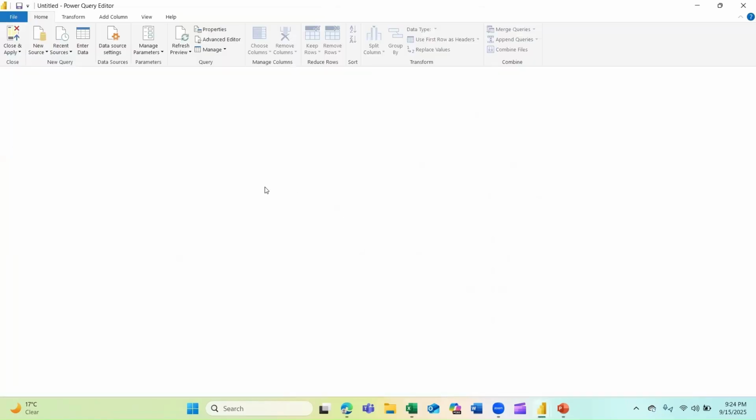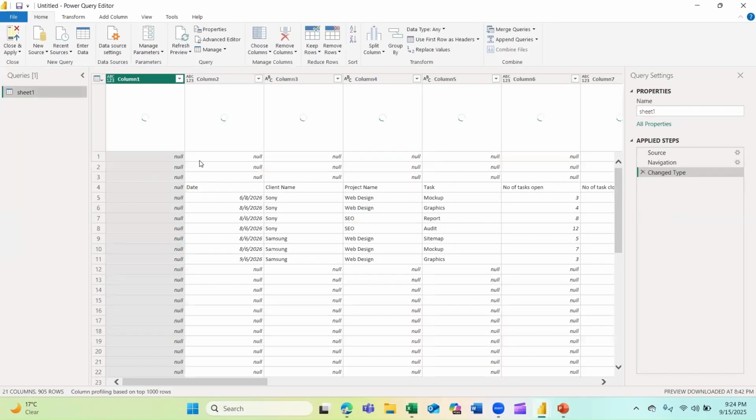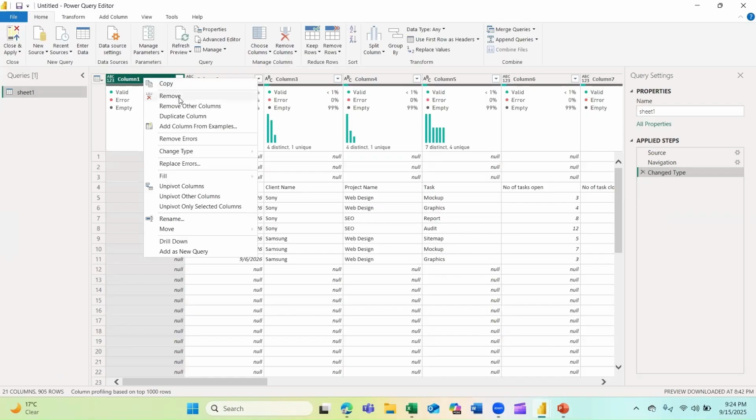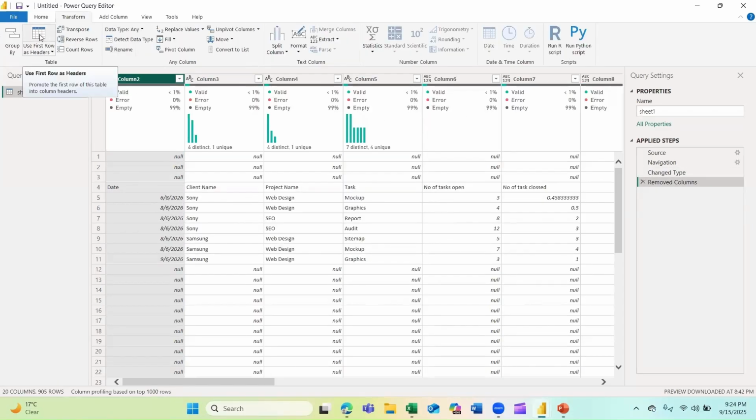I'll transform. I will make an example for the first sheet, just to understand what this implies. I will remove the first column because it's empty, then I will go in transform and click on use first row as headers, just to lift up all my data.